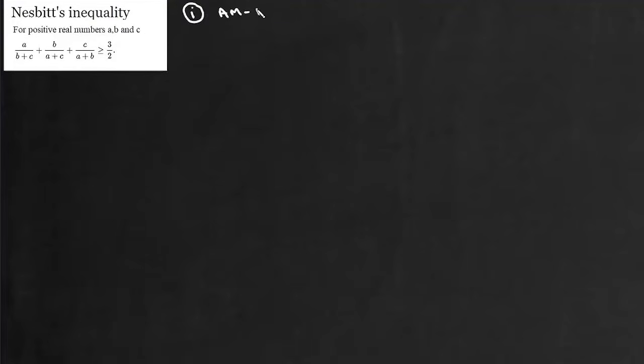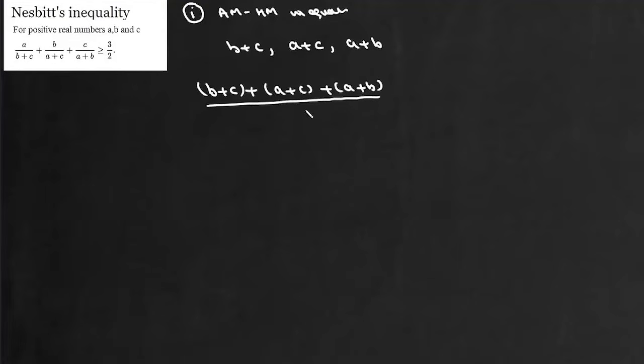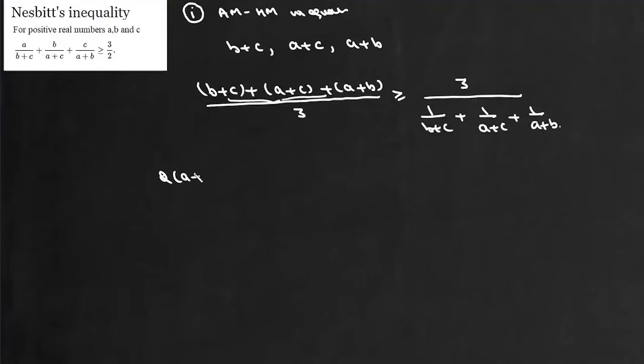तो इस क्वेश्चन के लिए हम यूज करेंगे AM HM इनइक्वालिटी। अब ये क्वेश्चन के लिए हम 3 नंबर्स कंसीडर करते हैं, b प्लस सी, a प्लस सी और a प्लस b। अब इनका अगर अरिथमेटिक मीन लिखेंगे तो हम लिखेंगे b प्लस सी प्लस a प्लस सी प्लस a प्लस b डिवाइड बाई 3, और ये बड़ा होगा या बराबर होगा इसके हार्मोनिक मीन से 3 अपॉन 1 अपॉन b प्लस सी प्लस 1 अपॉन a प्लस सी प्लस 1 अपॉन a प्लस b के।